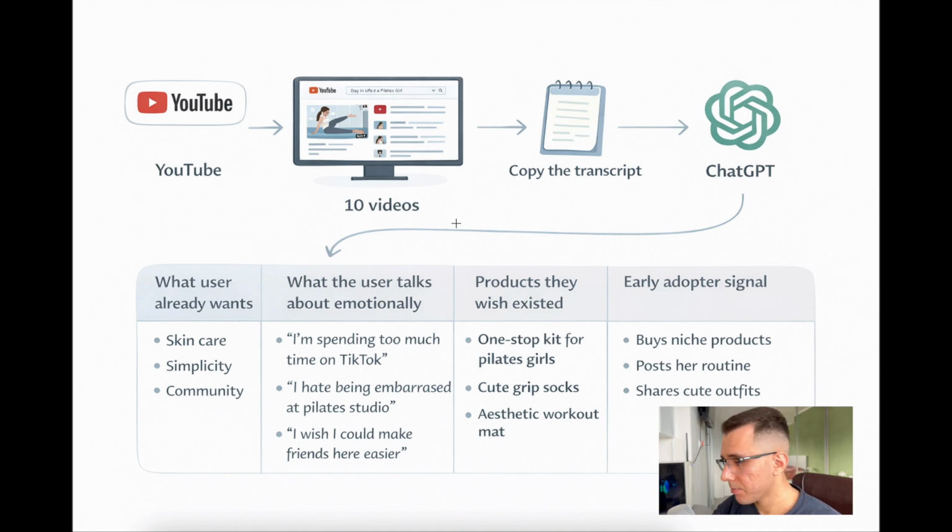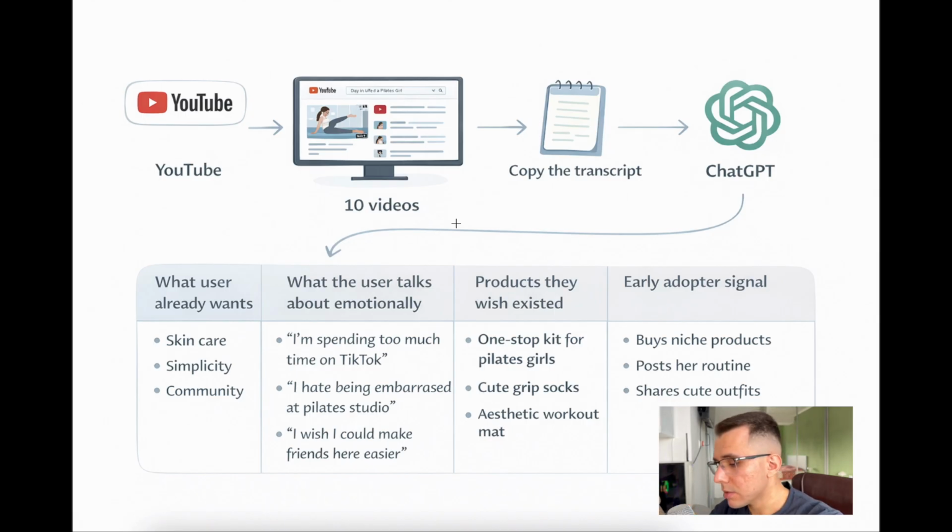In my case, I spotted that they have these things in common. So, 4 pillars of our user research. They care about the skin, so skincare. They want simplicity in their lives, and they want the feeling of the community. What they talk about emotionally is that they spend too much